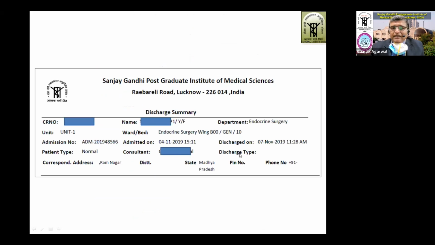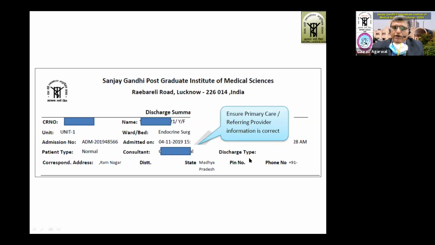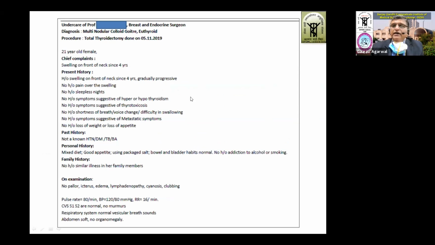So these are the details, as I have explained to you, the demographic details, and I would like to re-emphasize that many times these are not complete, these are not accurate, and you may like to include the accurate, updated demographic details, including the primary care or referring doctor's name in proper areas, and if required, in the rest of the editable areas. And these are the various components, including the diagnosis, the procedure or intervention performed, the chief complaints, present